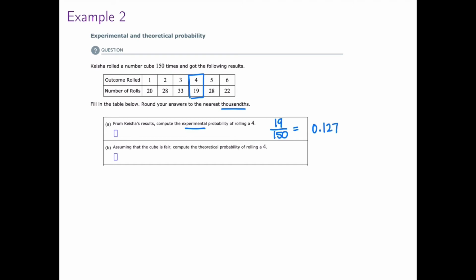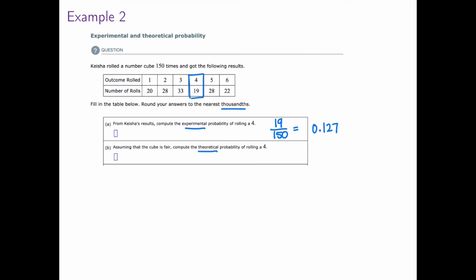All right, now assume that the cube is fair. Let's compute the theoretical probability of rolling a 4. Well, what is going on with this experiment? Let's analyze what's happening. We're rolling a number cube that has 6 sides. We're rolling a dice with 6 sides, and each one should be equally likely because it says assume the cube